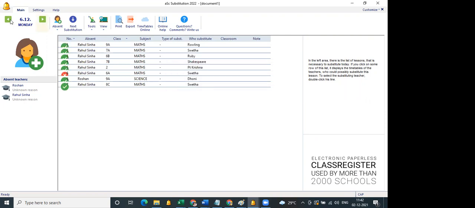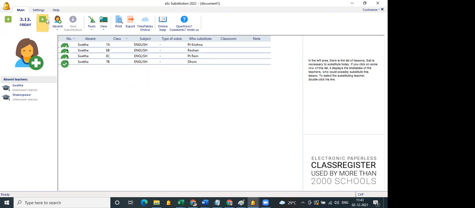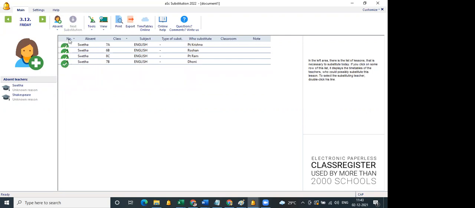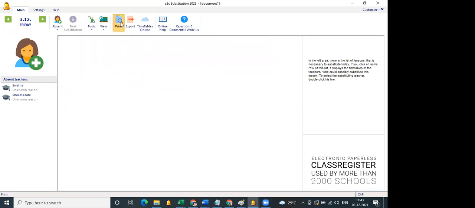So you see Krishna, Roshan, Pandit, Ram, Krishna, Roshan, Ram, Dhoni. Because there are only limited teachers, there's a repetition. And you can take a printout for the same.